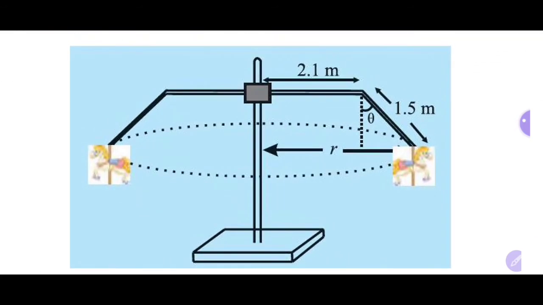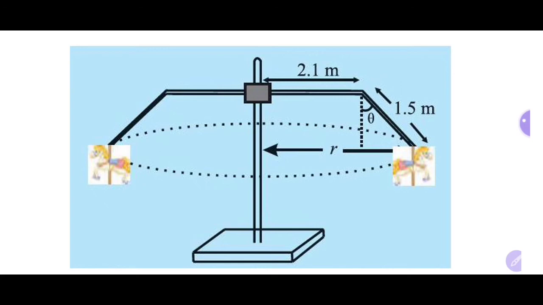The figure above shows a vertical section of a merry-go-round in which the initially vertical rods are inclined with the vertical at 37 degree during rotation. Calculate the frequency of revolution of the merry-go-round. In this problem, the given values are: we have to use g is equal to pi square meter per second square, and sine of 37 degrees is 0.6.